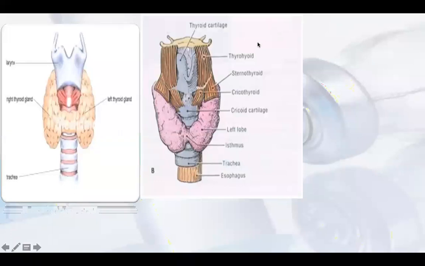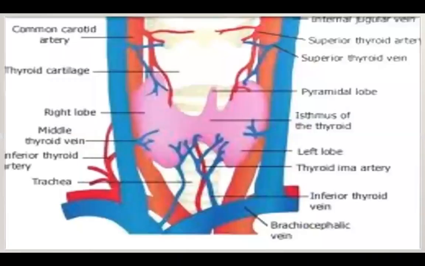You have seen these pictures about the anatomy of the thyroid gland, how it is shaped. You have learned better in your physiology and anatomy classes about the thyroid gland. The delicate anatomy of this thyroid gland is over there. You already know this one, just to overview what the shape of the thyroid gland is.